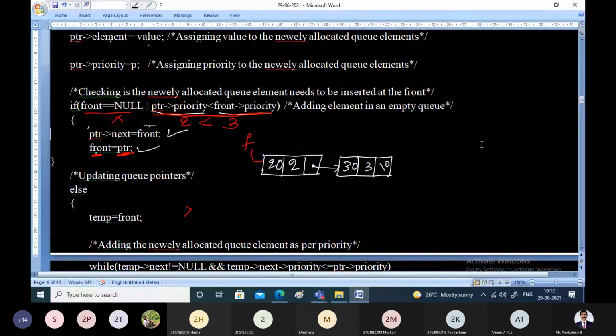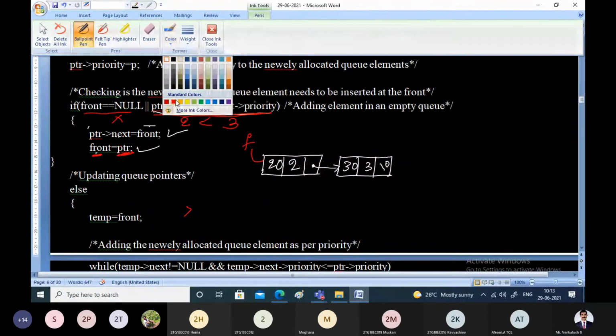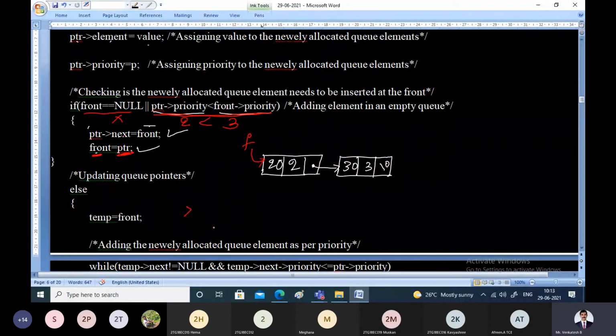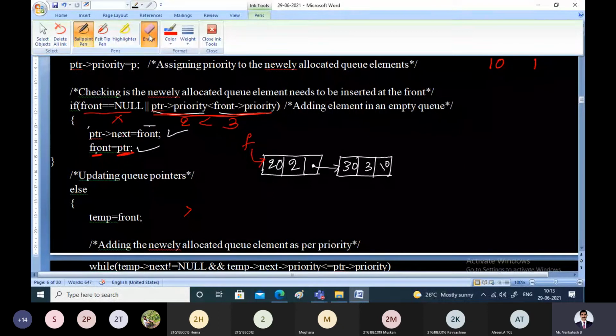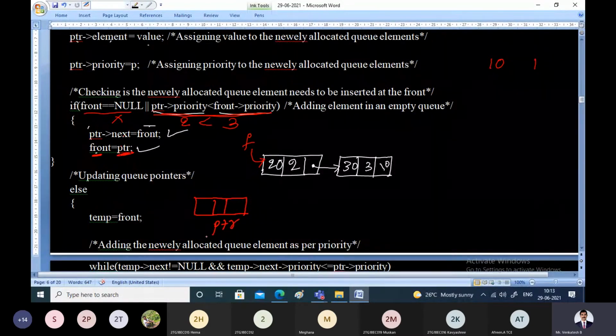These are the elements so that I need not rewrite them. Front is pointing here. So what is the element that we're trying to insert now? 10 is the element and its priority is 1. Obviously we know that priority 1 will come before 2. That means this will become the front node. Before I attach that, I will show it here itself. In the location, I will take the next node here. This is the new PTR element, the new node which we are trying to insert into the priority queue.